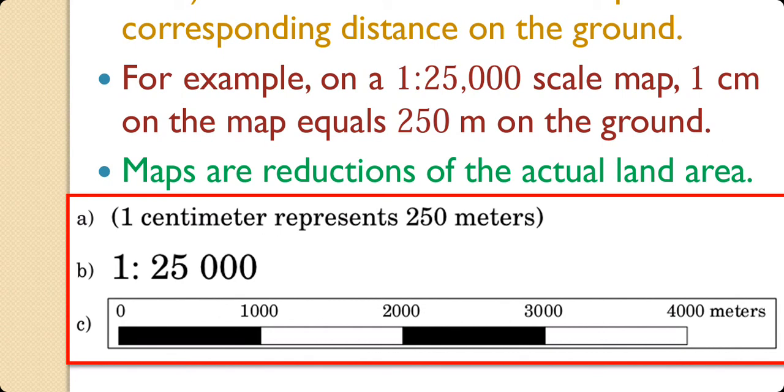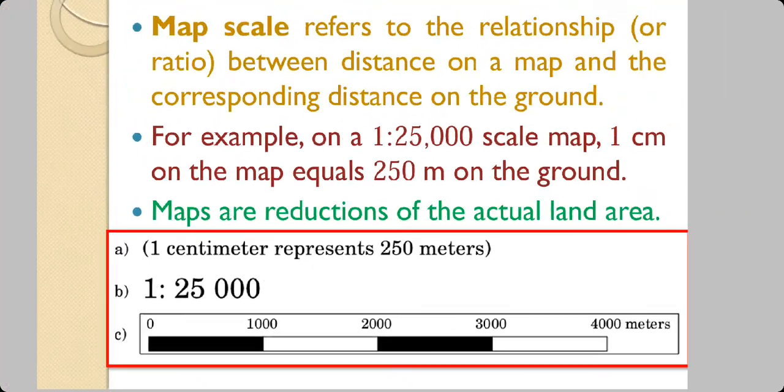is the bar made with alternate black and white bands, and on top you have the numbers 0, 1000, 2000, 3000, 4000, and then you have the unit, meters. Sometimes you find this bar split longitudinally again into alternating white and black bands, and below that on the left hand side you have the fractions, and below that you have a different unit of measurement. For example, if on the top you have meters, on the bottom side you have feet, or on top if you have kilometers, on the bottom side you have miles. So this is known as a scale.